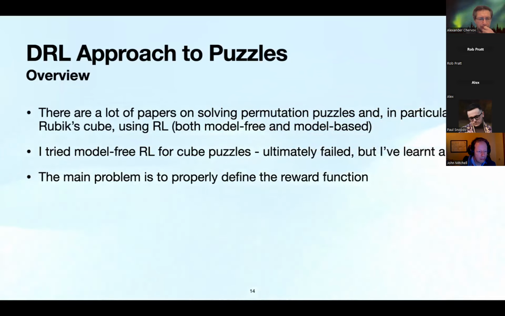And I think that the main problem with that is to properly define the reward function. It correlates with what Vladimir was talking about, the way to estimate how good we are at a given point.